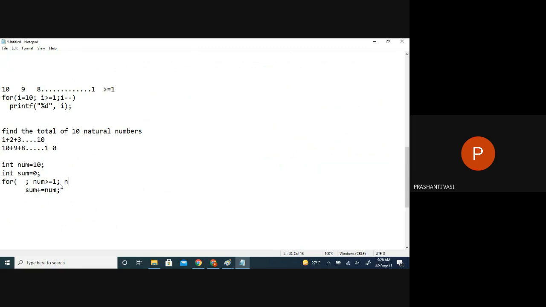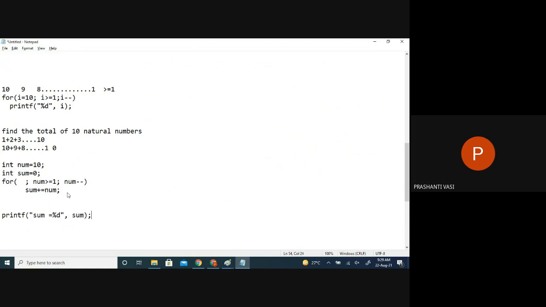After this, we reduce the number. So it flows: initialization step, test expression, summation, then decrement, and again comes to this point. 9 is greater than 1, then this part. Outside the loop, you have to come and print the sum.